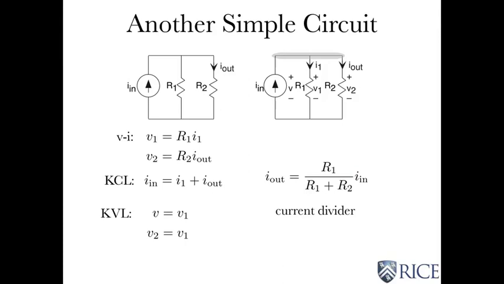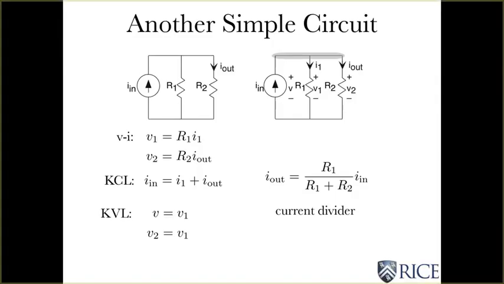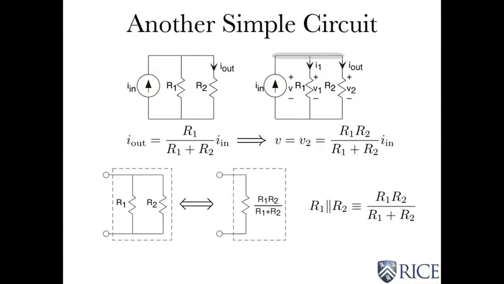So in a parallel circuit, if you have a current going in, it splits between the two resistors such that the current through this resistor is the value of the other resistor divided by the sum. And so it works in a similar way to voltage divider, except it's not the resistance of the element you're talking about, it's the other resistor. Okay, so